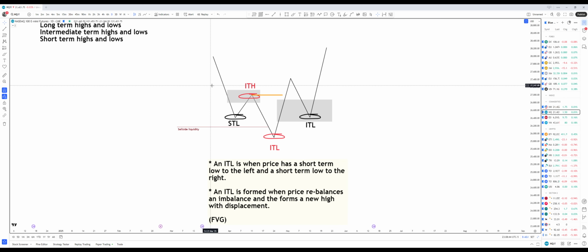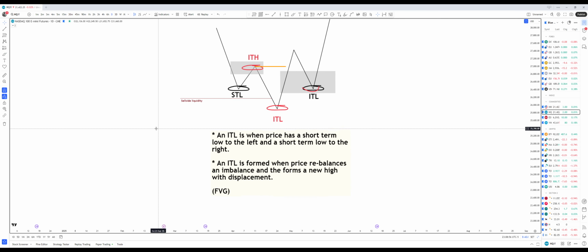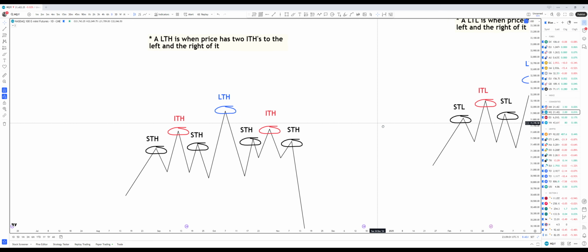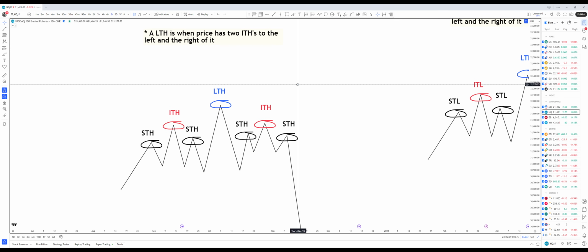All right, so this is your 2022 model. If you're going to take this trade right here, your stop is going to be right here. All right, so yeah, we talked about that one. Now let's move to the long-term highs and lows. So a long-term high is when price has two intermediate term highs to the left and to the right of it, just like this. We have a short-term high, and now we have a